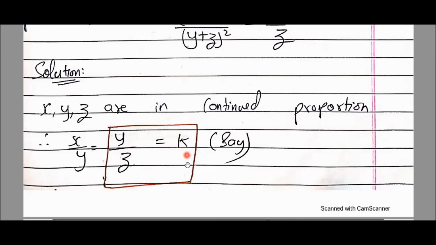First, I'm selecting this box. I know x upon y is also k, but we always start from right to left in the k method. It's simple for us. So y upon z is k. So if z is down, can I say z can be multiplied with k? Yes. So I'll get the value of y. y ka value is z multiplied by k.